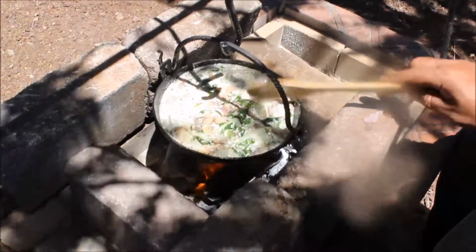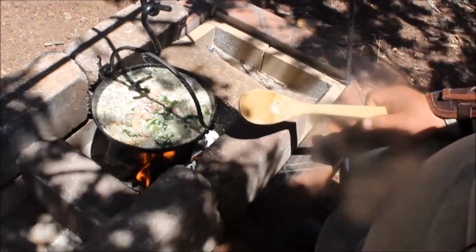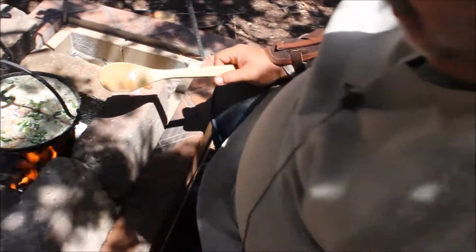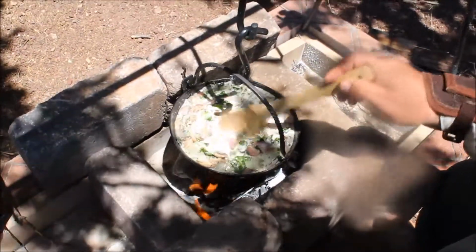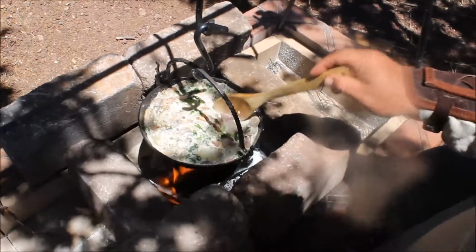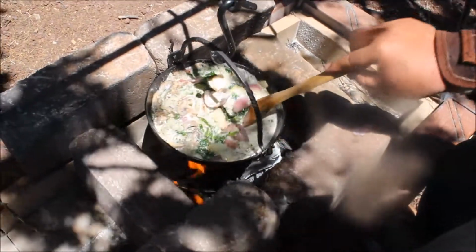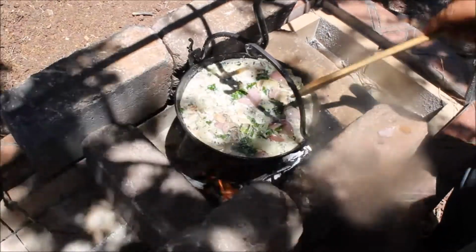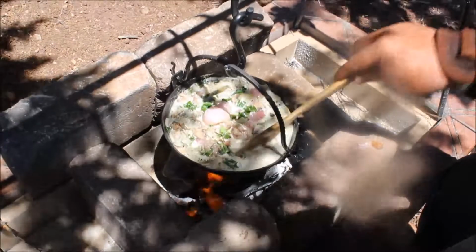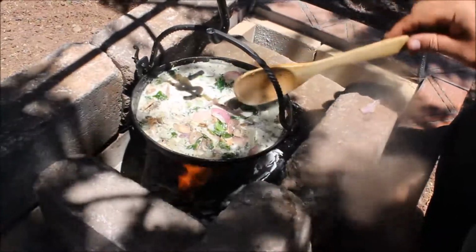So normally when I'm out here cooking, I wear my cowboy era Levi jeans, which I still have on, and my cowboy boots, which I also still have on. But I thought to make it kind of a special festive occasion, I'd wear my Viking tunic along with some bracers, and I even have a 6-paneled Viking cloth hat that I'm wearing. So we went a little bit cowboy, a little bit Viking today,